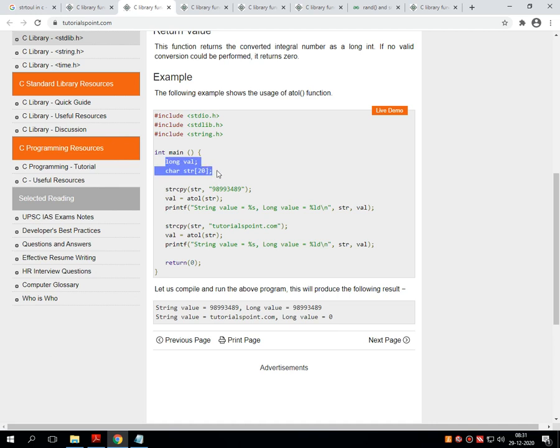Then there are certain variable declarations for inputting the values and getting the output, where the inputted value is in the format of a string. That string is first copied into the variable called str. Then the ATOL function converts the string to a long integer, and stores it inside the variable called VL, and then the printf statement will print